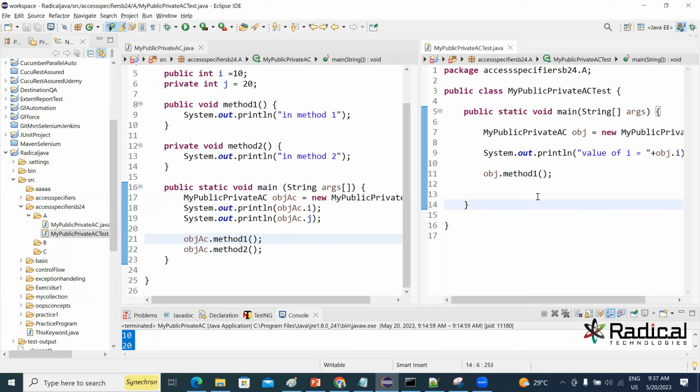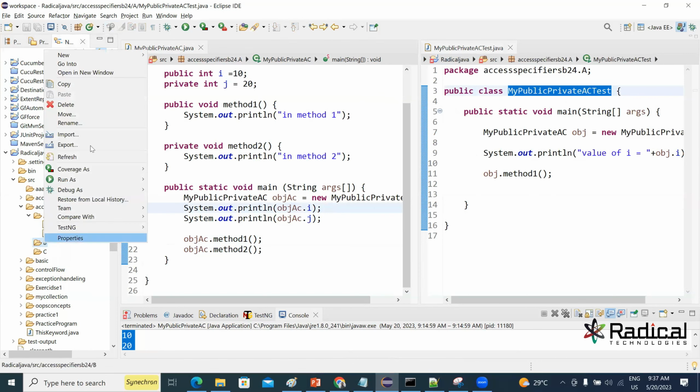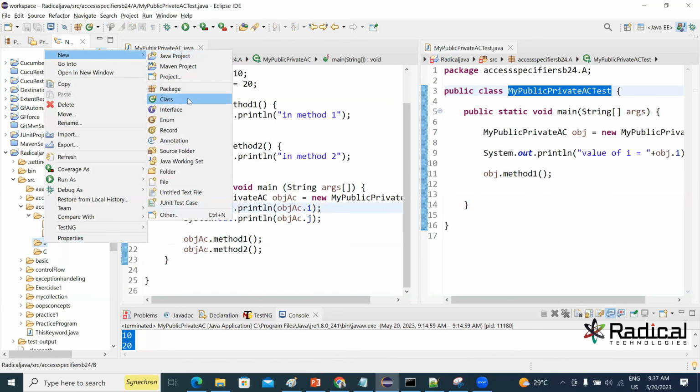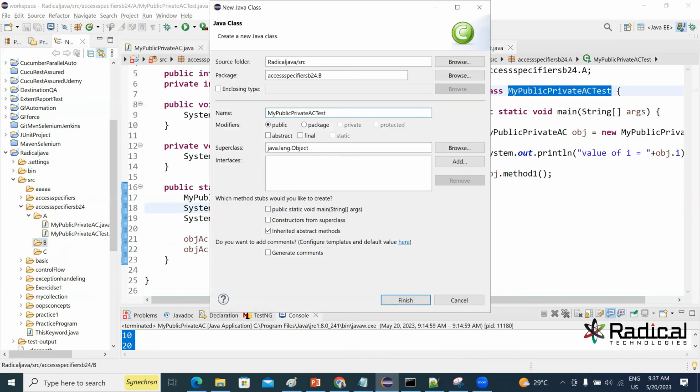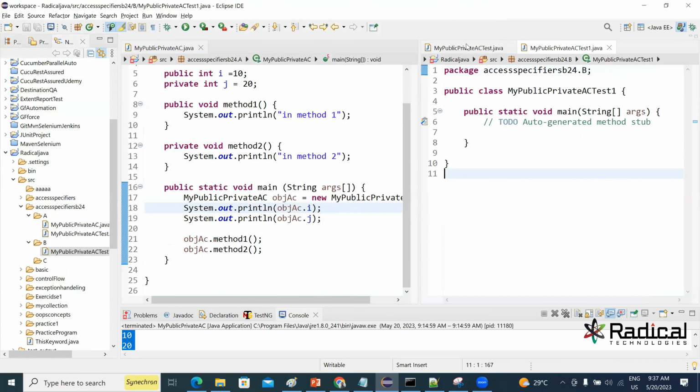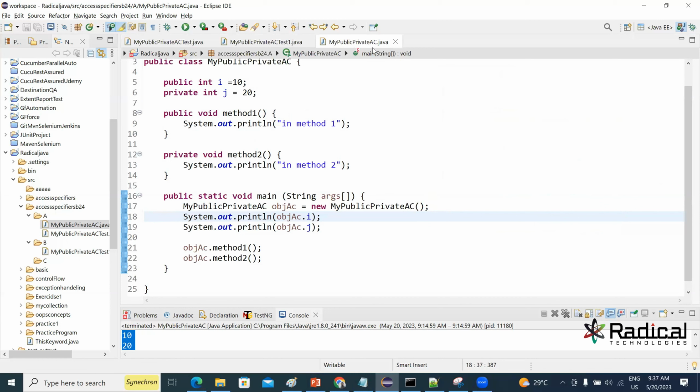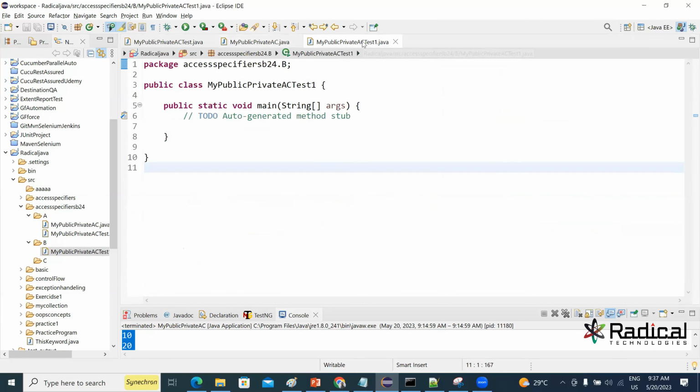Okay, now I am moving one step ahead. Now I am creating one more class with the name test1 in the B package. I named it test1 just for understanding, so that we can differentiate the thing. I will create this, finish. Okay, and I will do something interesting. So I created a new class named test1. Do you know why I created it? Because I wanted to show you